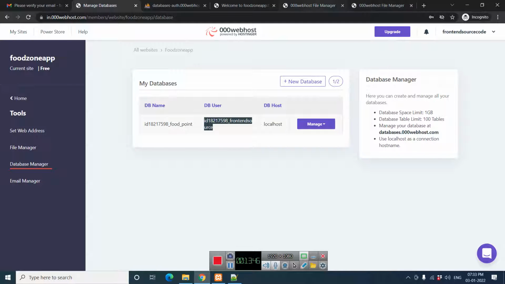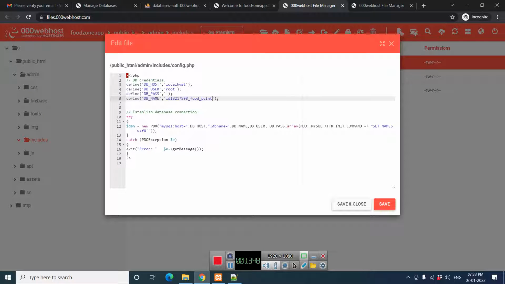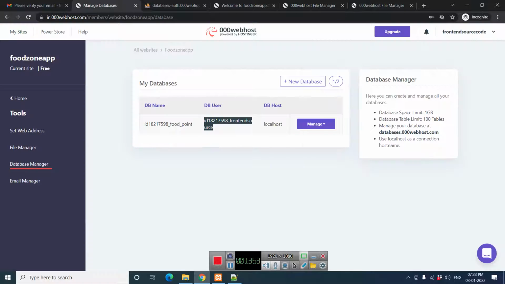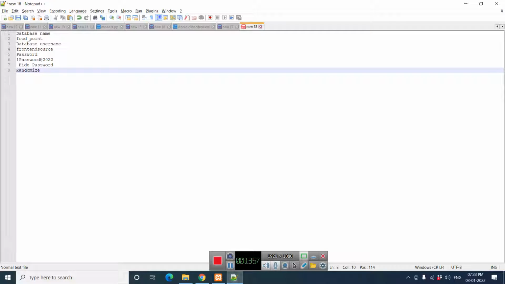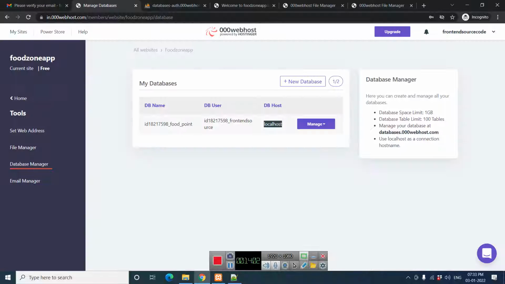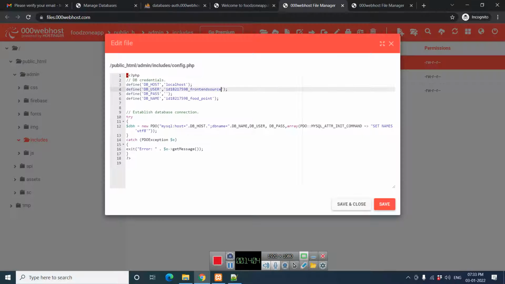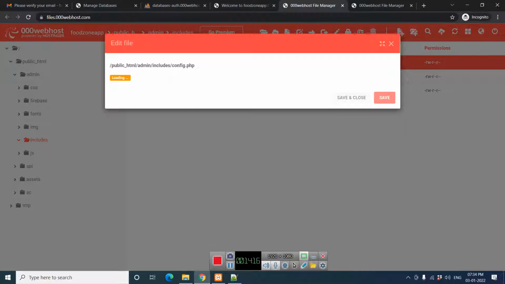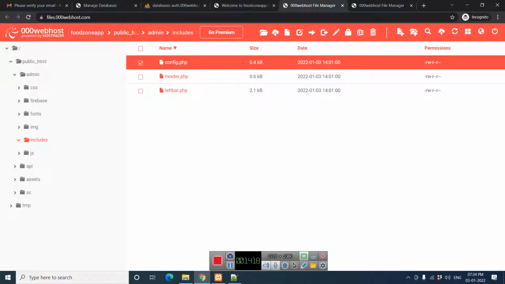Here we change the db username instead of root. Root is for local only, and localhost will be the db host. The password, whatever we added for the database, let's copy that password and paste it here. These things are completed. You can save and close.